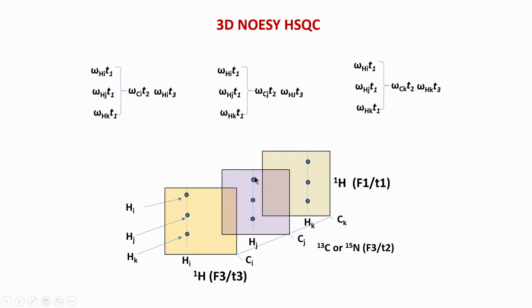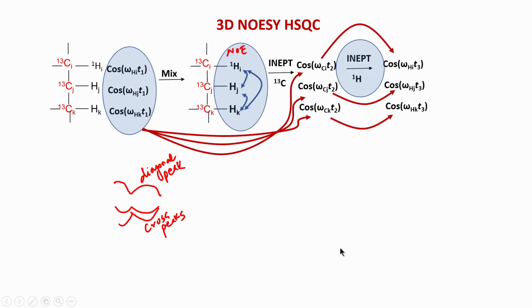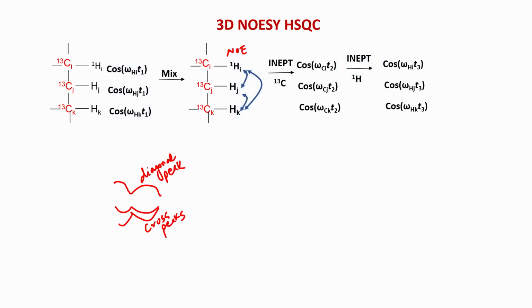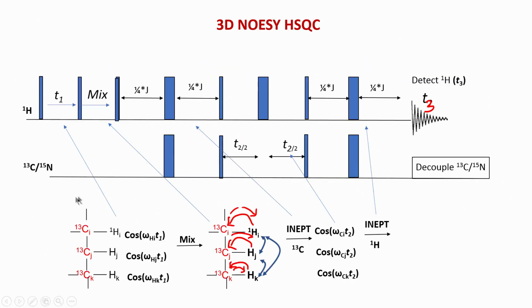So, you can see the 3D NOESY spectrum will be something like this, where you have 3 dimensions. So, H1 will be the F3, remember F3 means frequency; the time domain is what we saw in the time domain part, but in a spectrum it will always be frequency. So, this axis is carbon, but remember it can as well be nitrogen. Why? Because if you go back in this pulse program, let me go back to this pulse program, here it can be nitrogen or carbon.